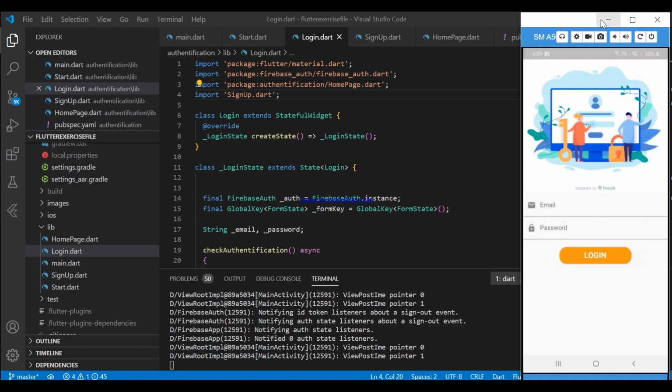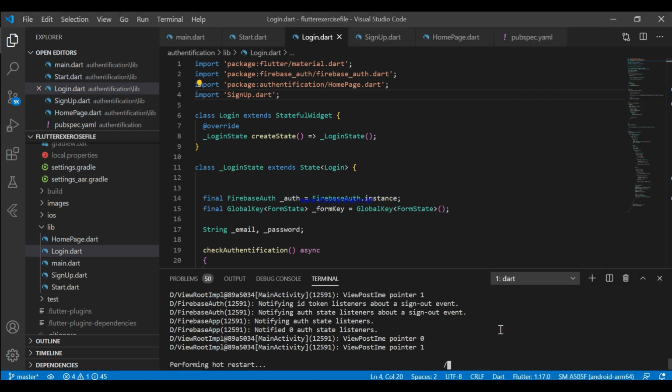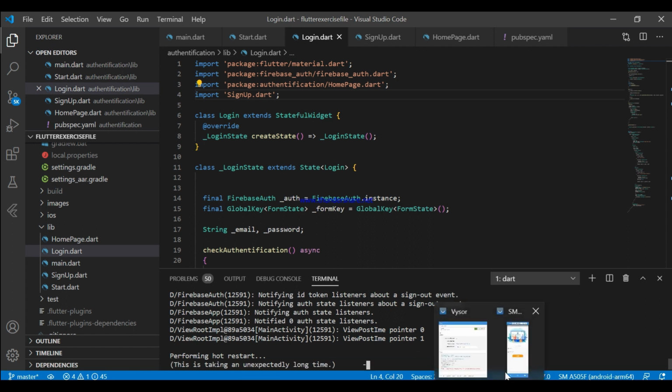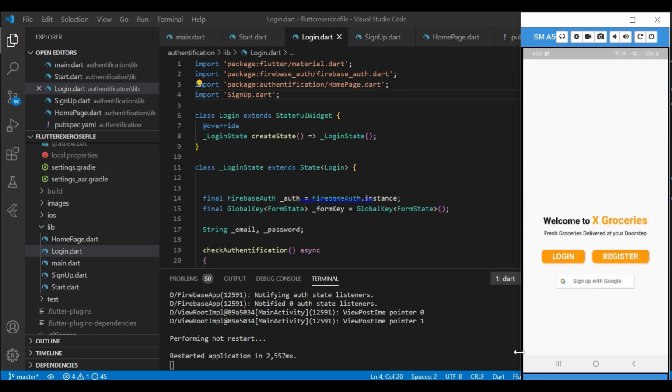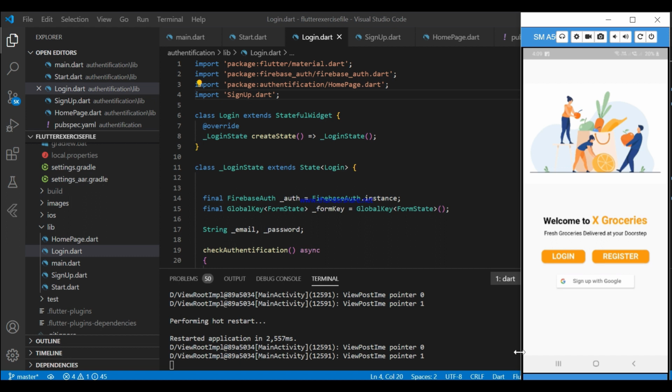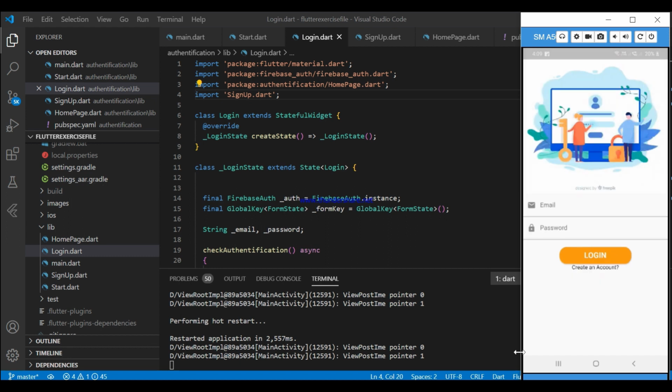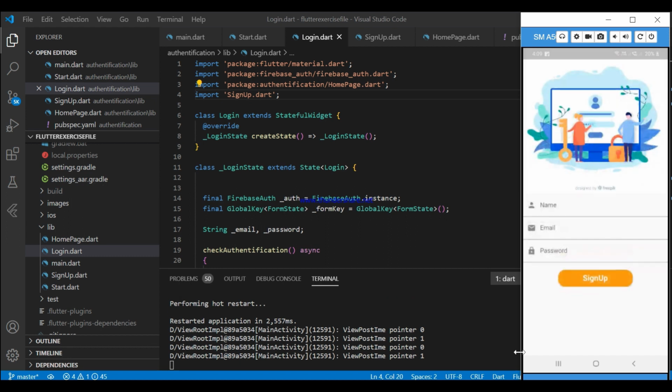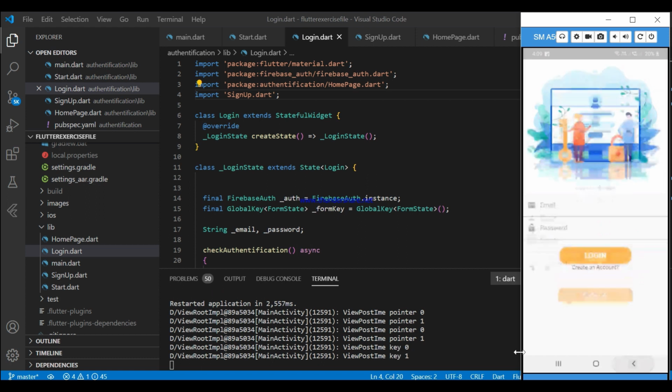Now reload. Hot restart. We need hot restart. Let's press on this create an account. Yep, it will redirect us to this sign up screen.